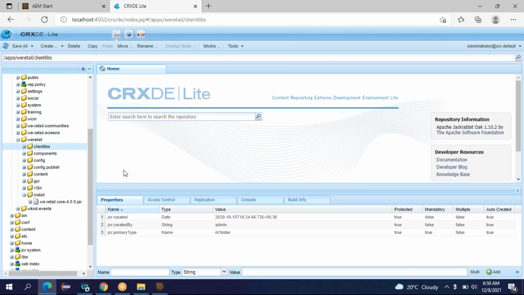Let's say you developed some components using Java. You have to create a bundle, and that bundle will be installed in the install folder. Okay, we'll discuss OSGi bundles later. So this is just for your information that those things can be kept in your project specific folder.